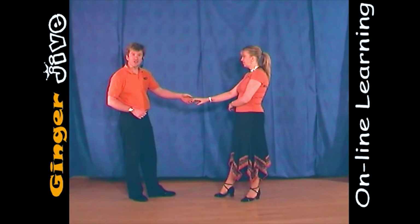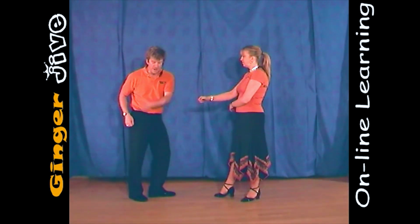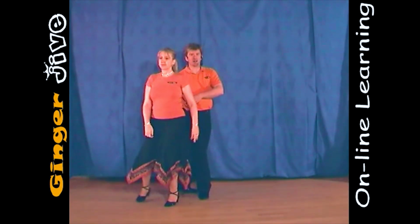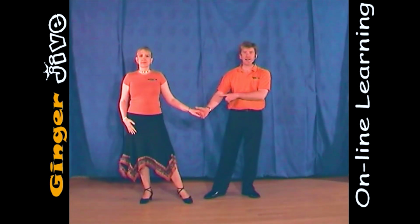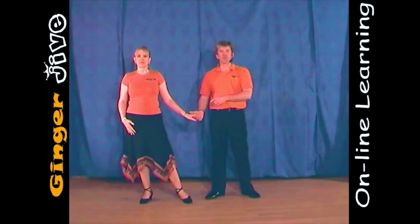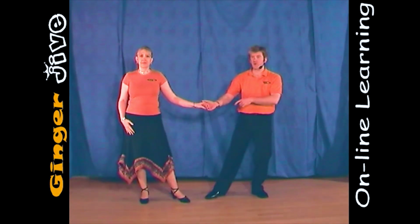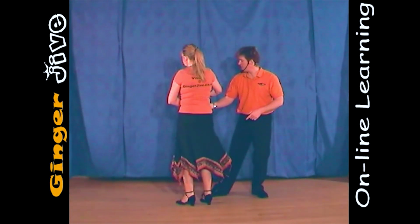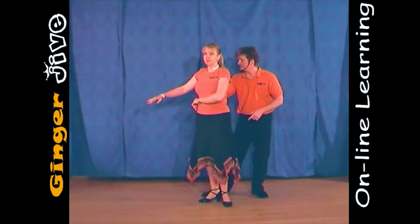At this point we're now going to change sides by throwing that left hand in front of yourself as you both step forward, changing side, catching with the man's right hand to the lady's left. Now from here you're going to pull on this right hand. As the lady starts wrapping in, she takes her right hand over her left and she continues to spin on